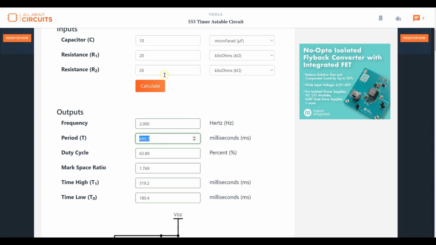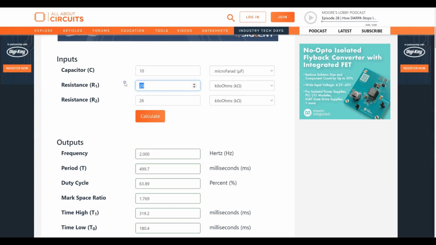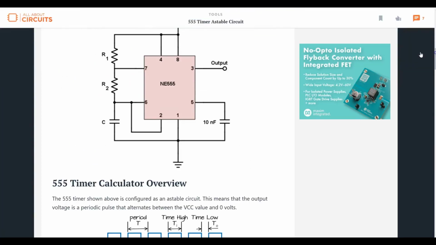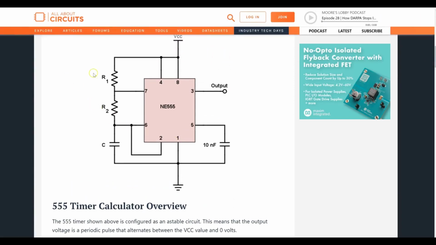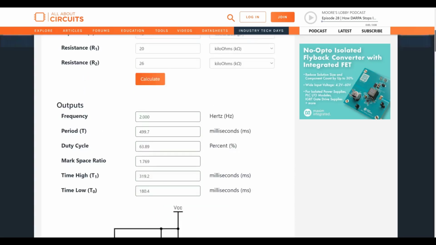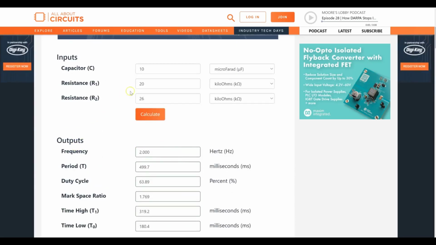If you want a time delay of half a second, then you want to go with the resistance value of R1, which is 20 kilo ohm, 26 kilo ohm for R2, capacitor 10 microfarad. In this configuration, if you create this circuit right here using R1, R2 and capacitor values as mentioned above, the output over here is going to give you a timing delay, whatever you see over here. Okay,